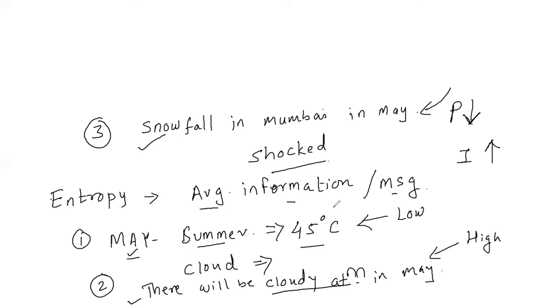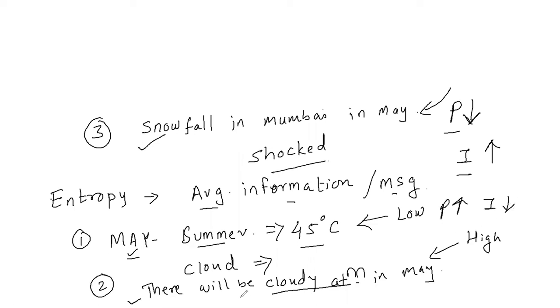Okay, दिया हुआ मैसेज में कितना इंफॉर्मेशन है उसको क्या बोलते हैं? एंट्रोपी. And entropy depends upon the first parameter called the probability, and the second is called the information. As we have seen with this example, steps 1, 2 and 3, there was a single message: there will be summer in the month of May. Since this is a very high possibility, we usually see summer, so probability is high, therefore the information in this message is very low.